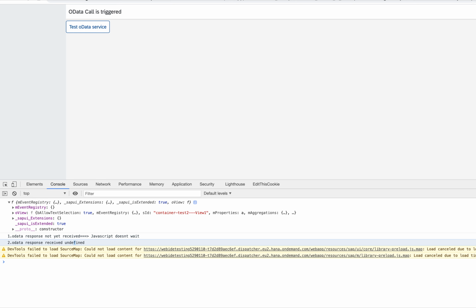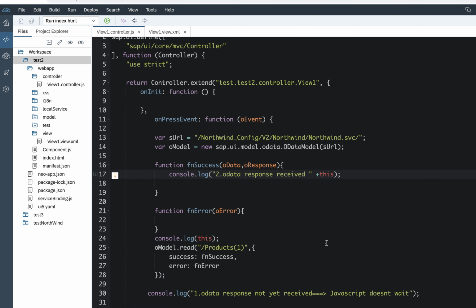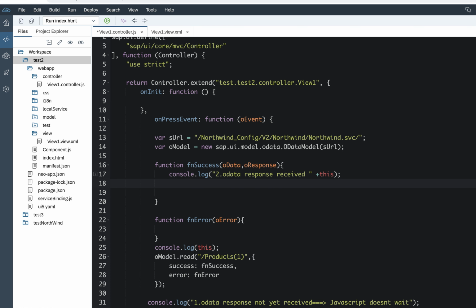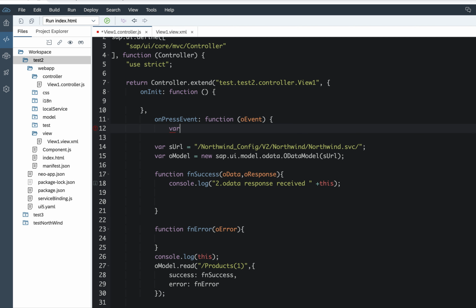So now let's see how we can access the current controller instance, because I want to manipulate some view data, right? So let's do that. What do we do for this? Before we put the OData method call, we declare a statement var that = this, where I am assigning the this object reference to a variable called that.